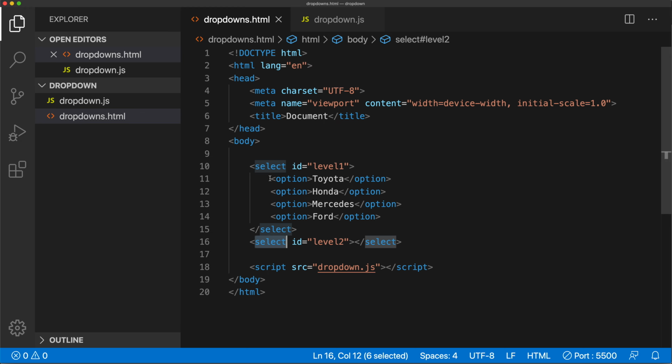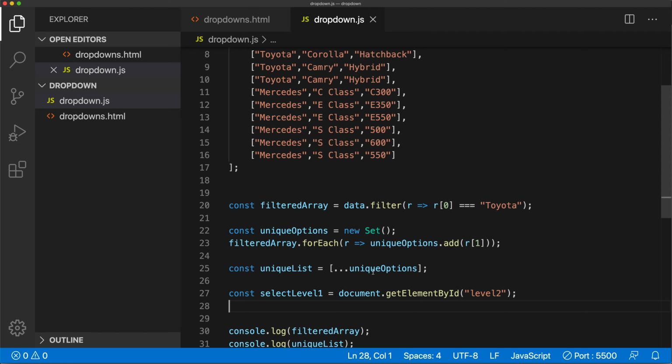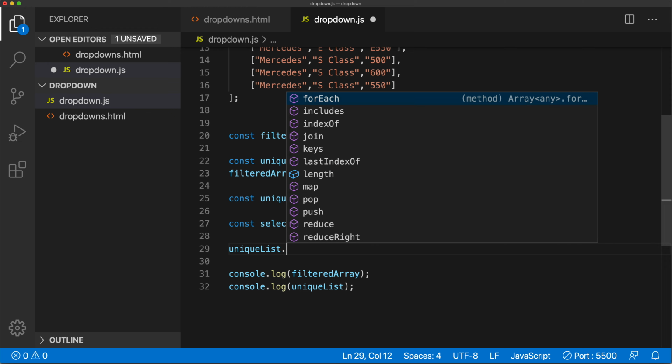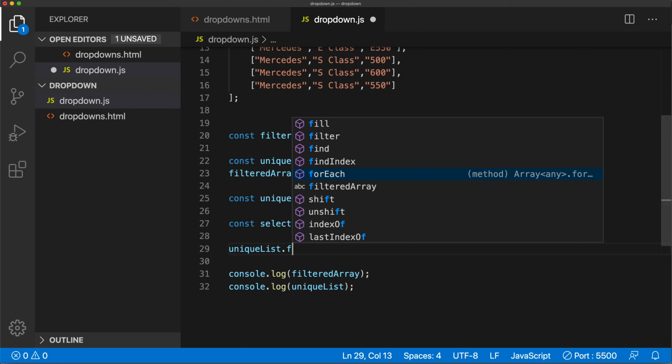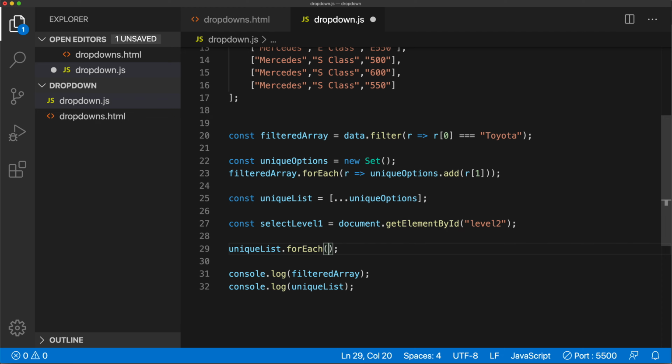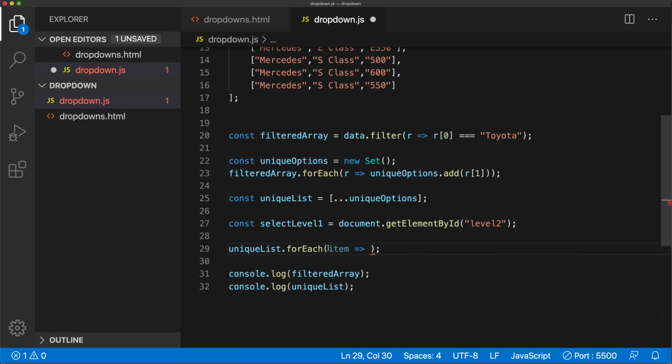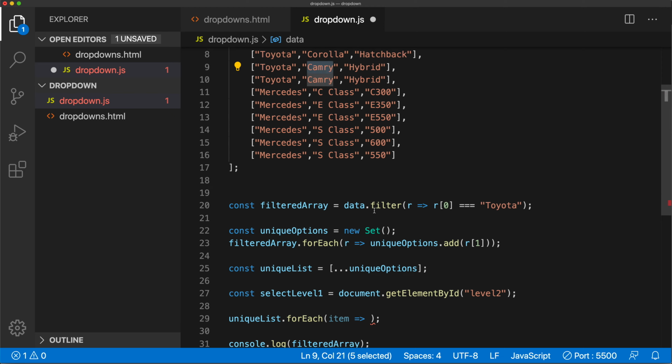And what we need to do, we need to populate these options inside of that select. So to do that, we need to create those options. And we need to create those options using this unique list. So in order for me to do that, I'm going to take that unique list and run a forEach loop on this. And for each, again, I'm going to call this row. Actually, let's call this one item because there are no rows anymore. So for each item in that list,